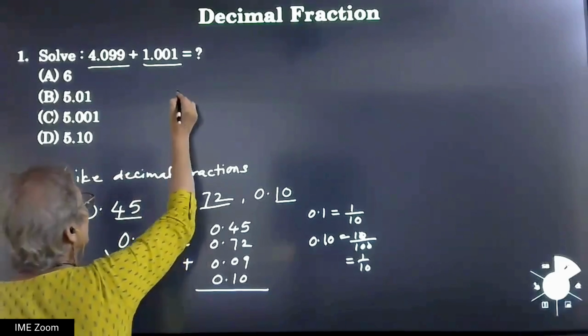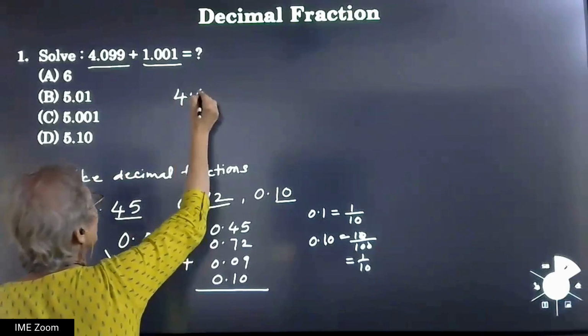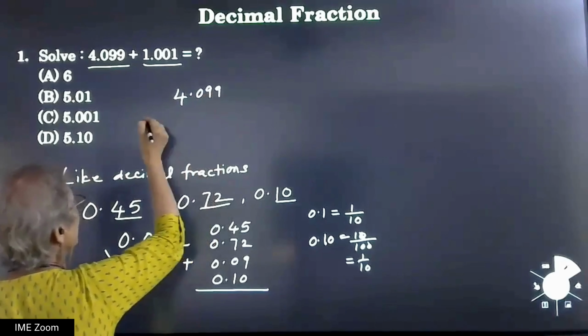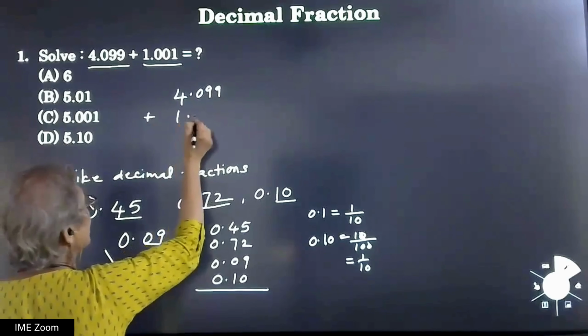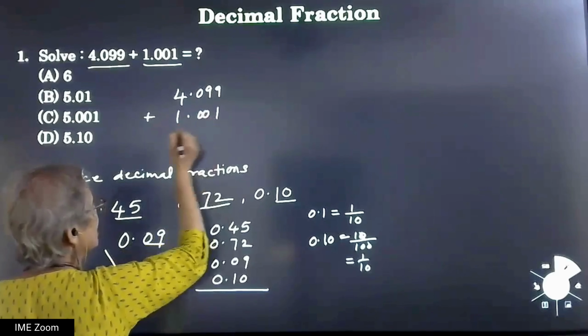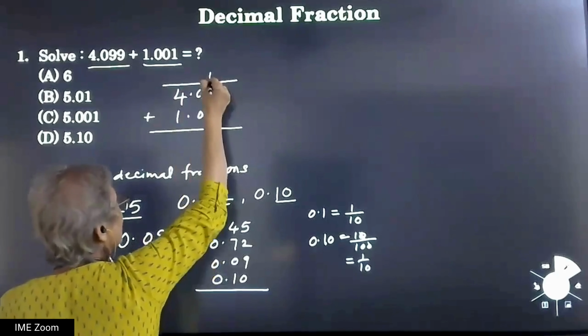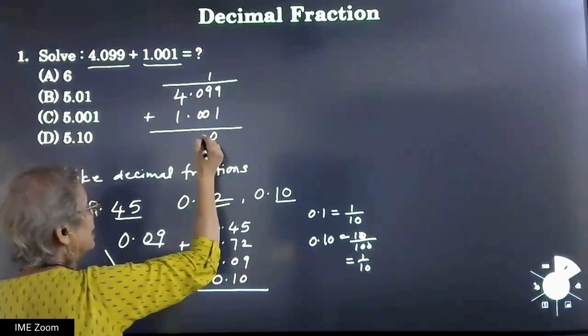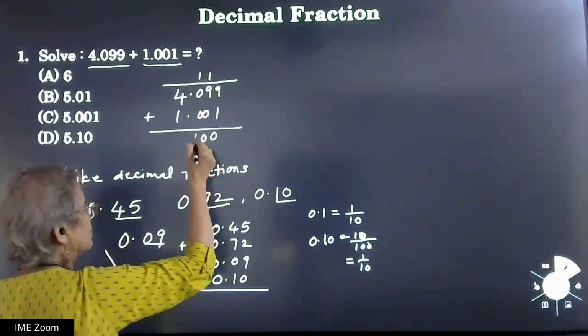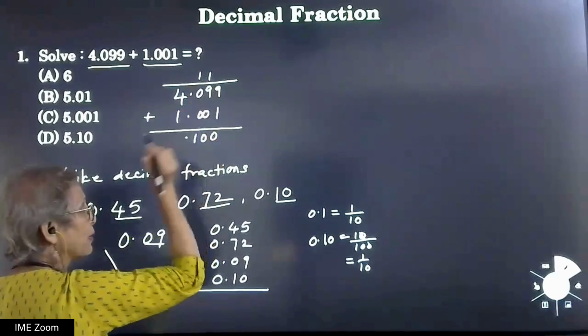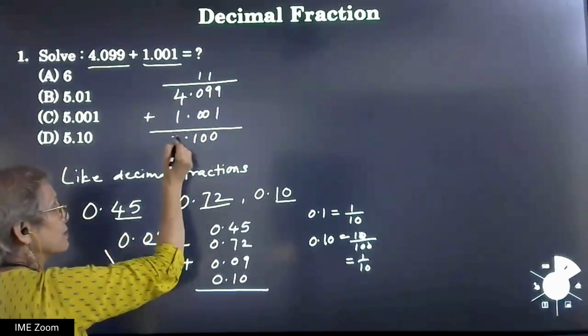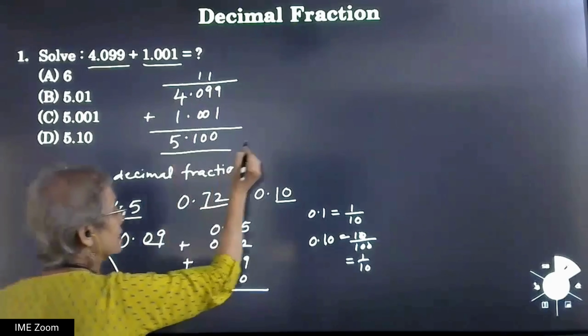So let us add 4.099 plus 1.001. Just add them. 9 plus 1, 10. Carry over 1. Again 9 plus 1, 10. Carry over 1. That is 1. Now put the decimal point here. And 4 plus 1, 5. So this is the answer